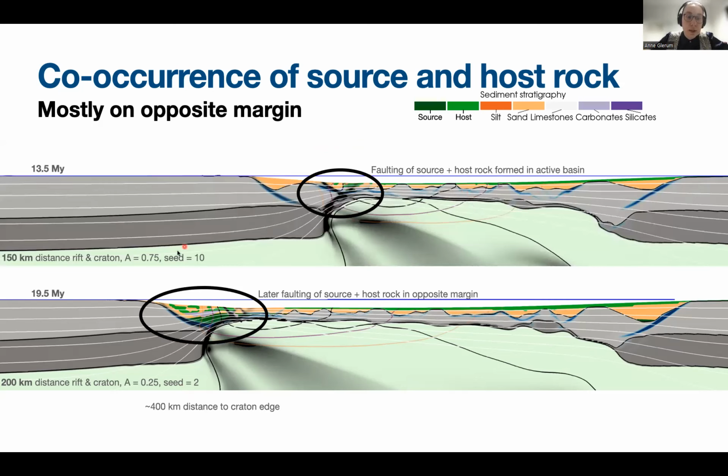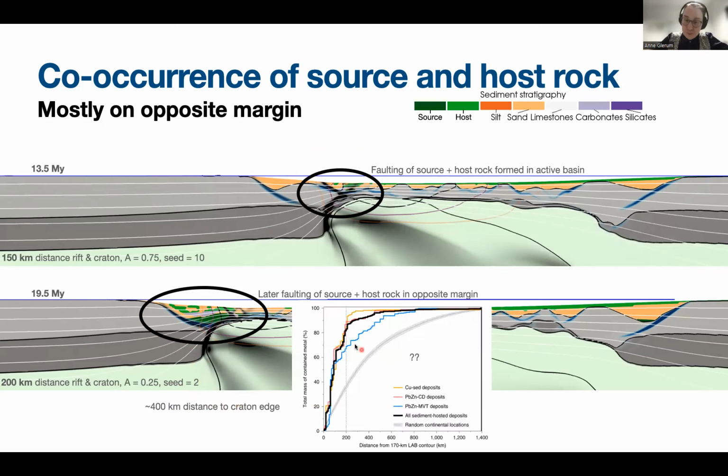Now, if you then measure the distance between this possible location for the formation of an ore deposit and the edge of the craton, this is 400 kilometers. So this is more than what, according to observations, the majority of the deposits is located in, which was 200 kilometers. So these observations are still a bit of a conundrum to explain, but there is some hope on the other side